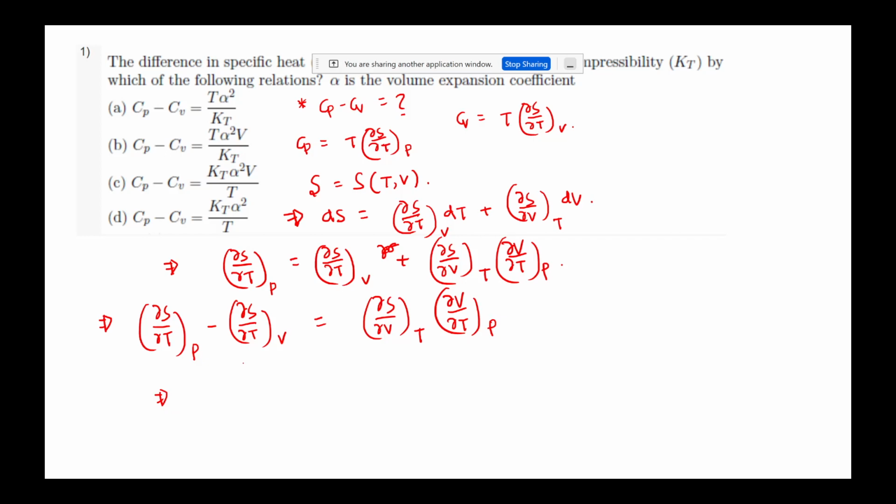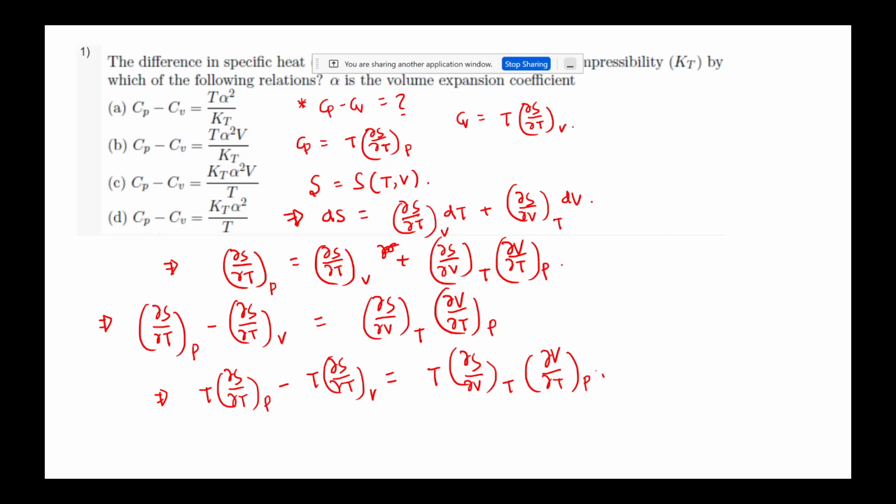Now, if we multiply by T, then this will be T del S del T P minus T del S del T V is equal to T del S del V T times del V del T P. Now, del S del V T will not give you any physical relation, so we have to play with that. So first thing first,